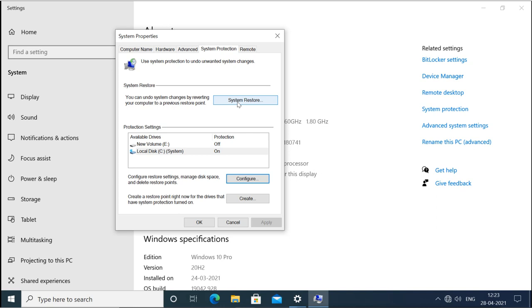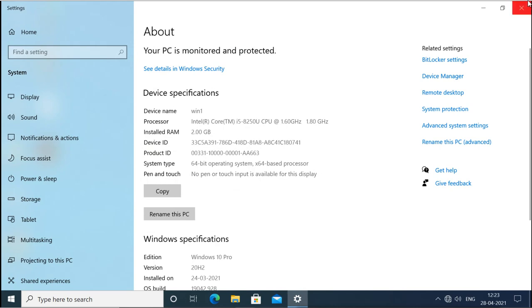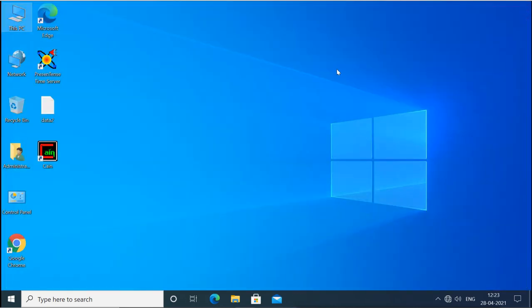Before creating it, I will make some changes in the system. We have this software installed here, and this software is also installed.